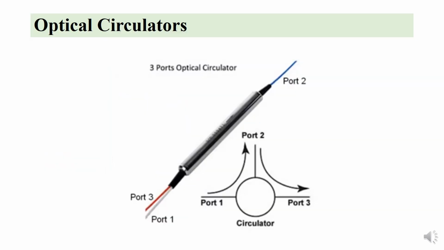What are optical circulators? These have at least three ports. The function is to transmit from one port to the next port with minimum loss. That's an advantage. We can see the component figure shown here, and we can observe that light travels from port 1 to port 2 and port 2 to port 3, and port 3 does not travel to port 1. In most circulators, port 3 will not transmit to port 1, but there are some circulators that will even pass from port 3 to port 1. These are called optical circulators.